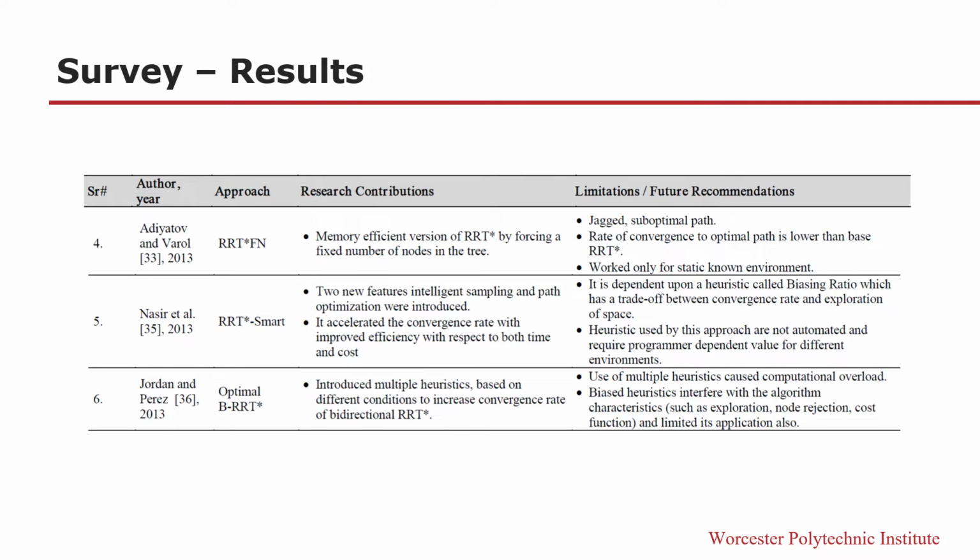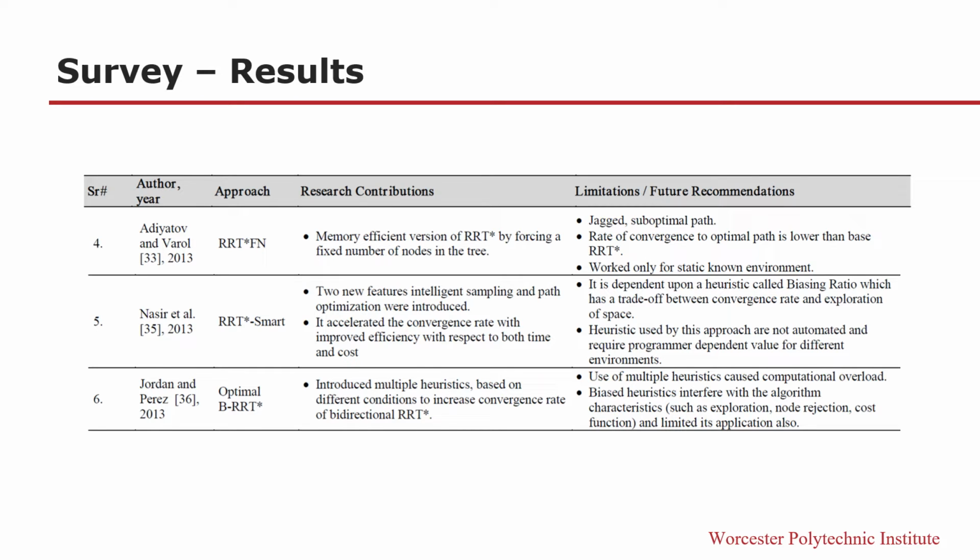RRT star was suffering from high memory consumption due to large expansion of the search space. RRT star fixed nodes is a memory efficient version of RRT star. It allows a limited number of nodes in the tree. When the tree is expanded to a preset fixed number of nodes, then a new node can only be inserted by